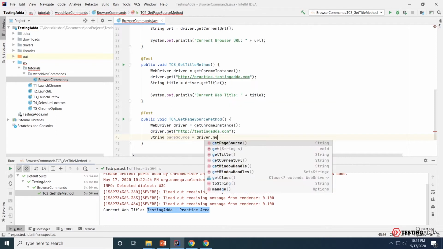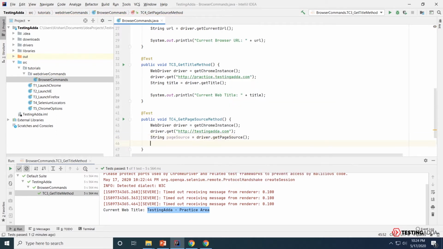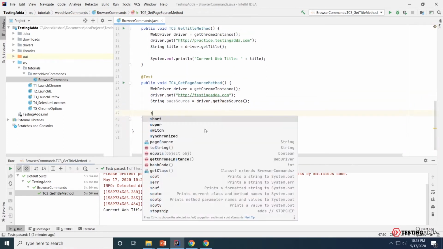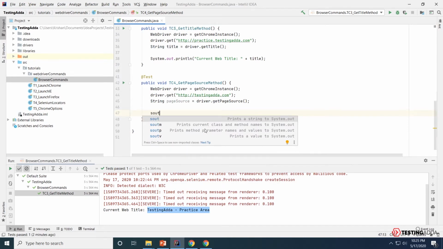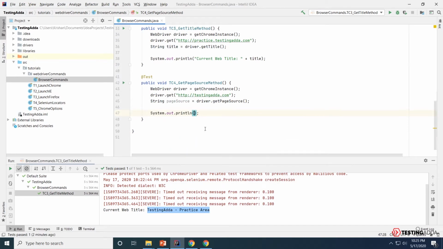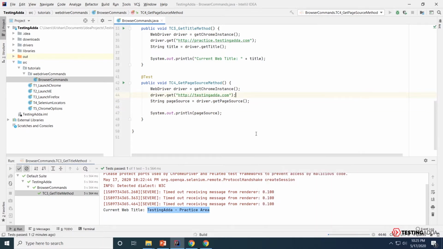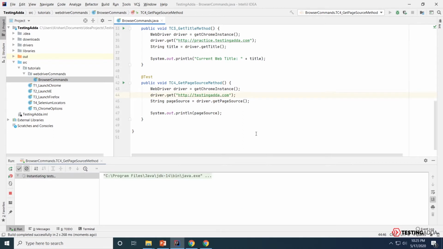So I'll do get page source. Now I must receive the page source inside the page source variable. Now let's try printing this value on console. So sout, let's not print anything and directly print the page source. Now let's try executing this method again using right click and run and see what is the output from this get page source method.